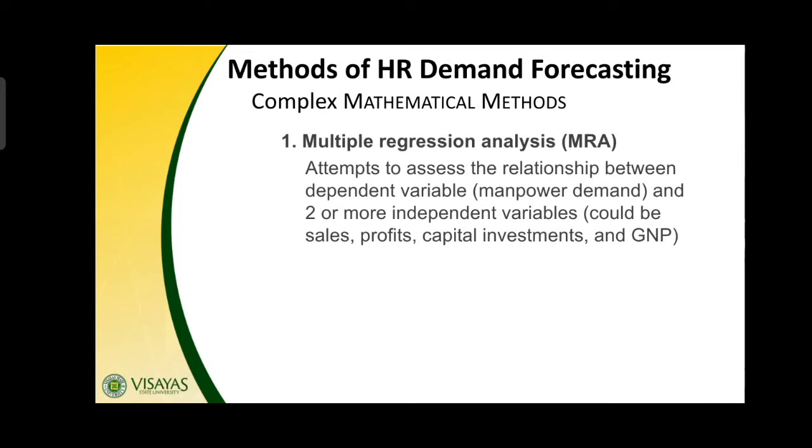One example is the increase in the number of sales and the number of sales force. So, manpower and sales. So, naa sila'y positive relationship. Nagkataas ang imuhang sales, ana nga company. So, nagtaas po ang imuhang demand for manpower. So, that could be your basis for hiring. One example of negative relationship is